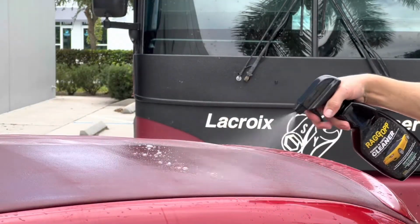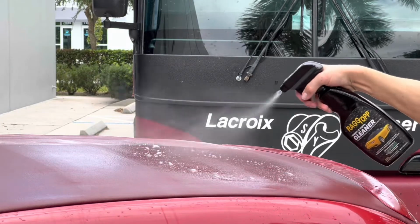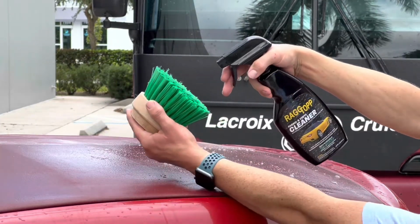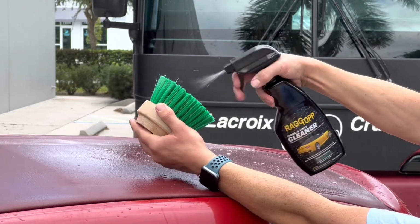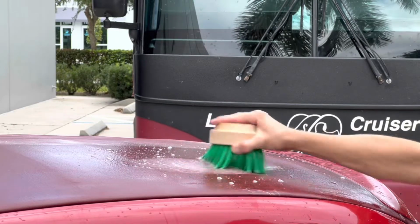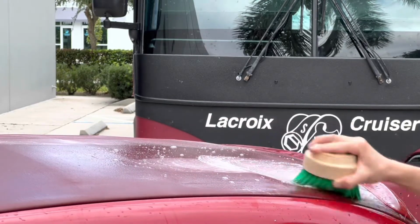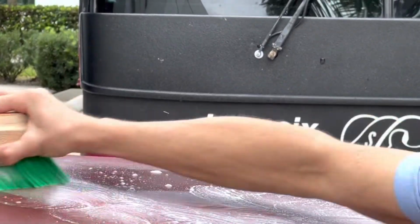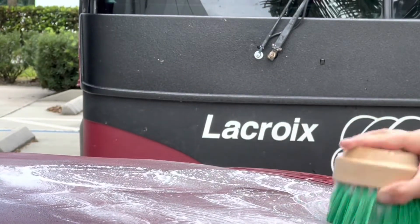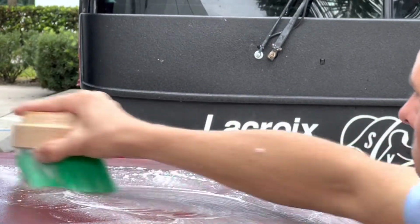First, rinse the top to remove loose dirt and debris, and then spray RaggTopp fabric and vinyl cleaner all over the surface of the convertible top. Then, use the RaggTopp Premium Convertible Top Brush to agitate the cleaner. Work it in very thoroughly, paying special attention to any stubborn stains. After you've worked it in, allow it a few seconds to dwell, and then simply rinse it off using a